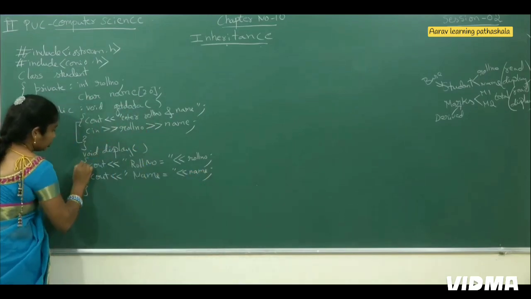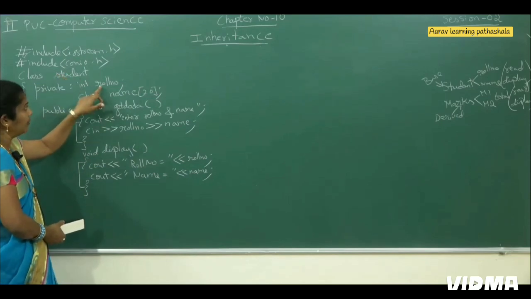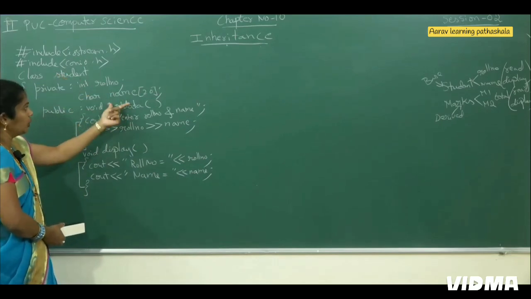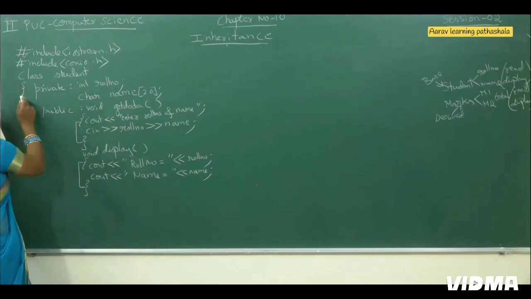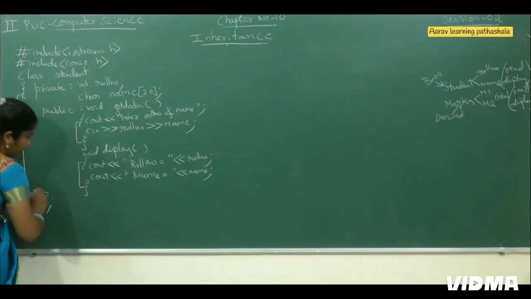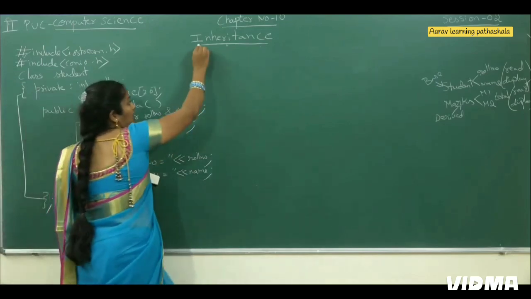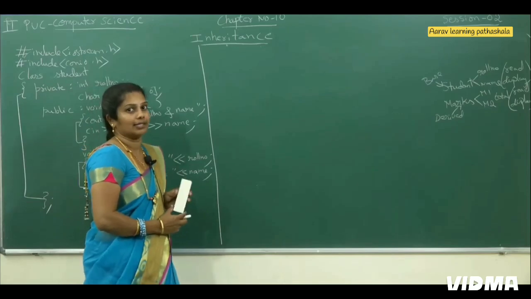Then close this function. Whereas student is a base class, here two data members, roll number and name. These two data members, here I inputted and here I displayed. Then what is the next thing? Here I open the class, that here I am to close. Class open madirodu, illi close martivi. This is your base class. Next I am to write the derived class.